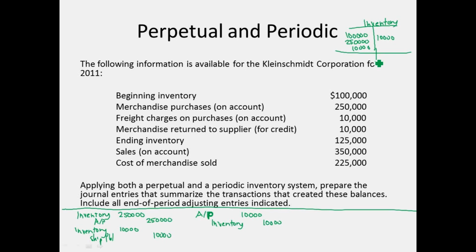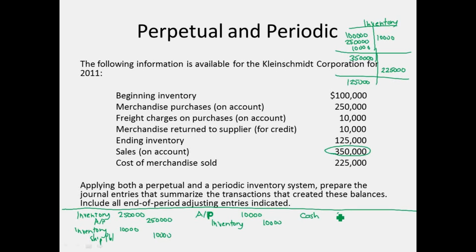How is that possible? I sold 225. So as of here, I would have 350, but I'm selling 225, and I'm ending up with 125. So as I make the sales,